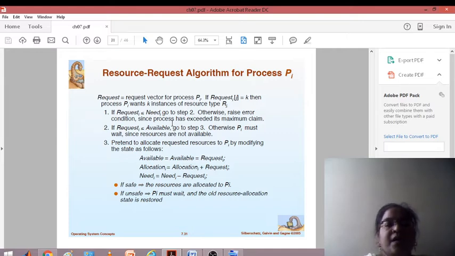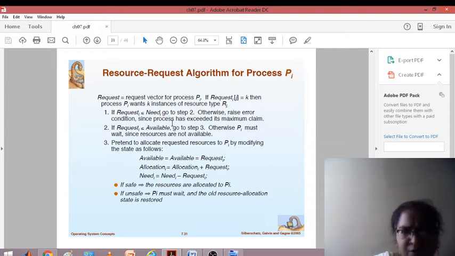So in the first step, it is requesting less than or equal to Need. According to how much it needs, the request should be less than or equal to Need. In the second step, if Request of i is less than or equal to Available, go to step 3.